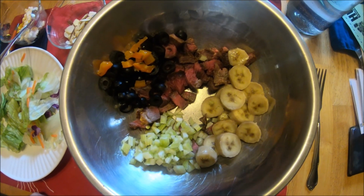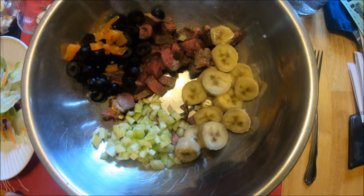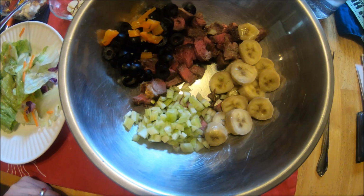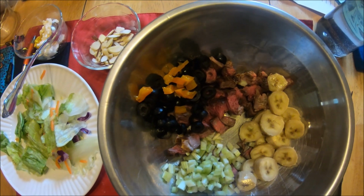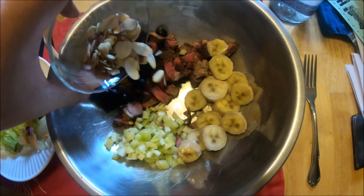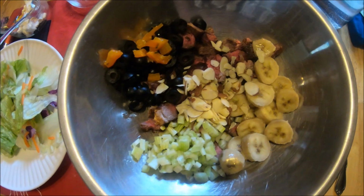I have a bowl with some roughly diced lamb, sliced banana tossed with lemon juice, some diced celery. It says sliced, but I diced it, because the aforementioned black olives and the bell pepper, a little bit of bell pepper to substitute for the pimento, and almonds. Yeah, I don't know. Because when I think of lamb, of course, I think almonds. A little bit of salt,